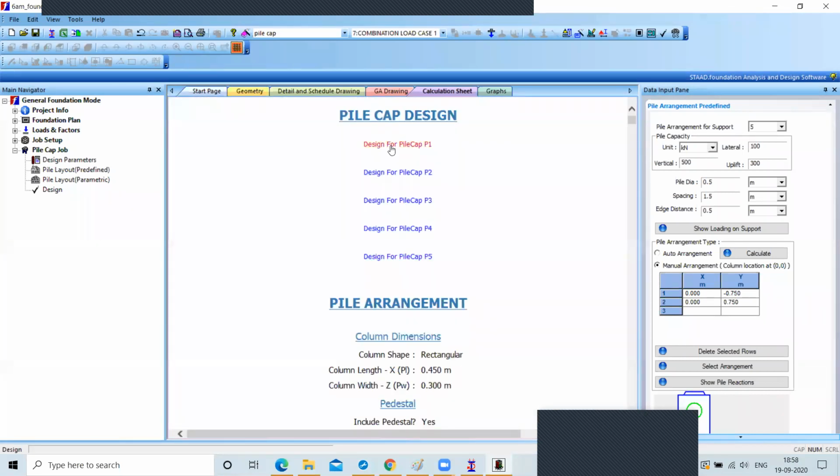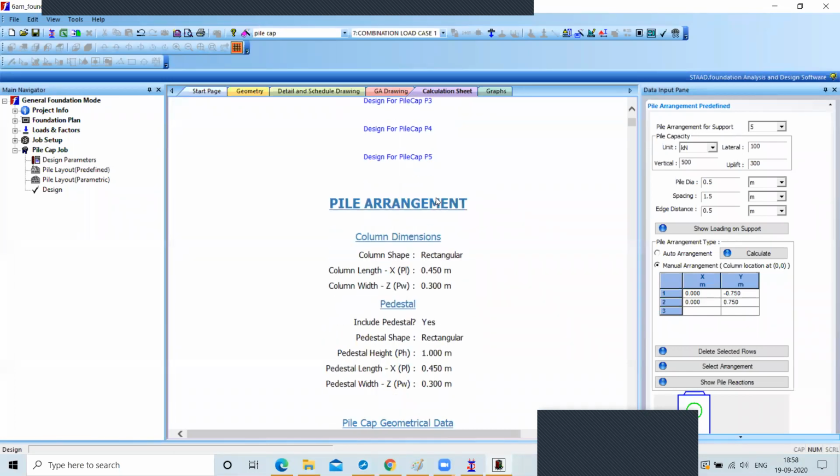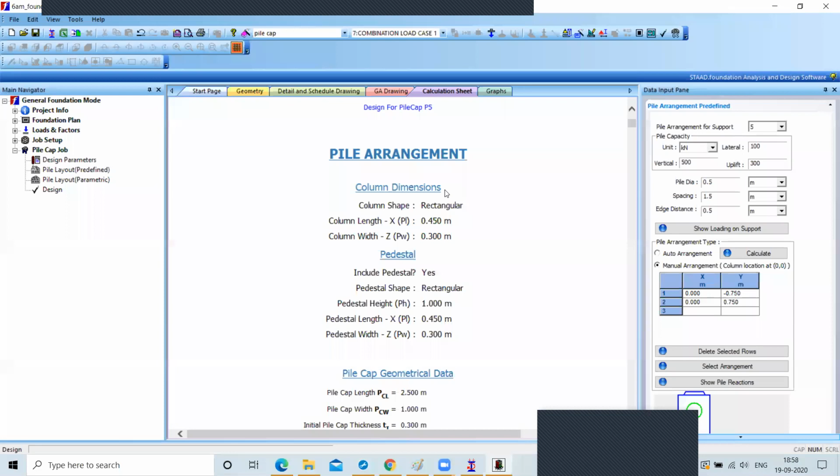So dear, this is your pile cap design. Pile cap design for the P1, P2, P3, P4, P5. We have considered only the 5 supports. Yes or no? This is your column dimensions.